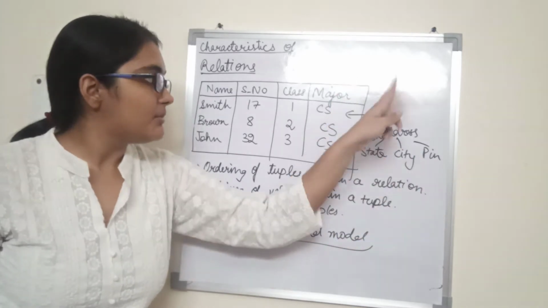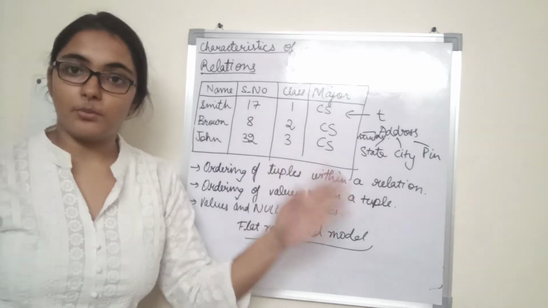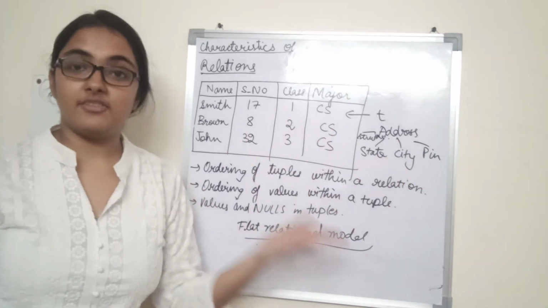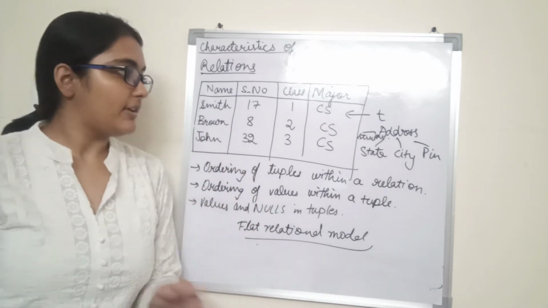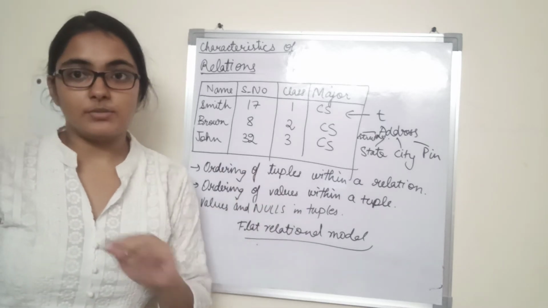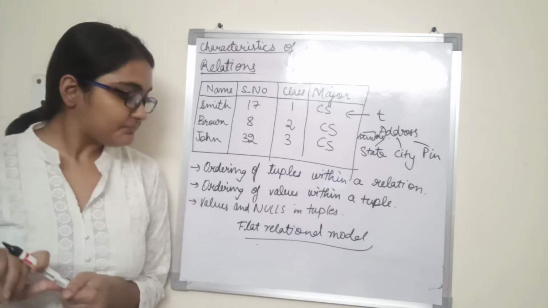Okay, we will write the simple component attributes of a particular composite attribute. So no need to worry about that. We will look at it later when we discuss how to convert the ER model into the relational model, right? For now, you can understand that every value in a tuple has to be atomic as far as the relational model is concerned, right?